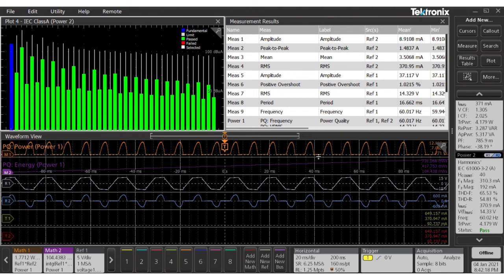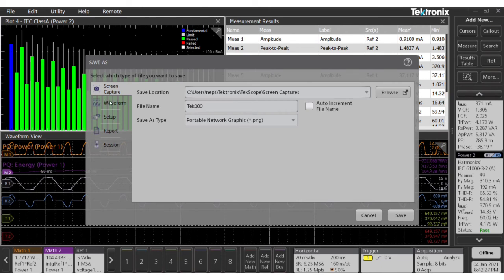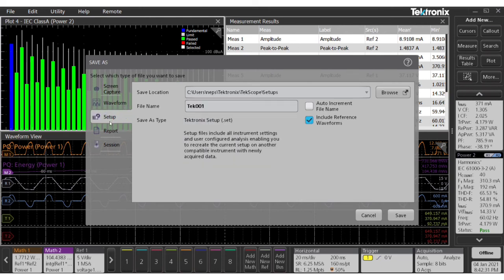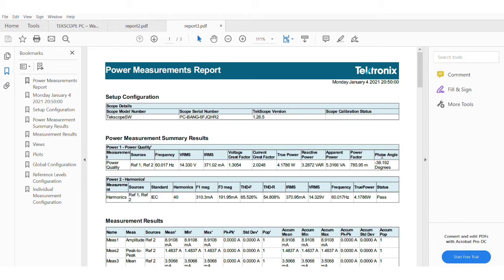Now we have done two measurements on the input side. Those are the most important, and I want to save the data so that I can export information from the PC. This can be a screen capture, waveform, or the setup file, or a session file, or even a report. So I am saving this as a report, and this is the PDF report that I have saved with all my setup configuration,